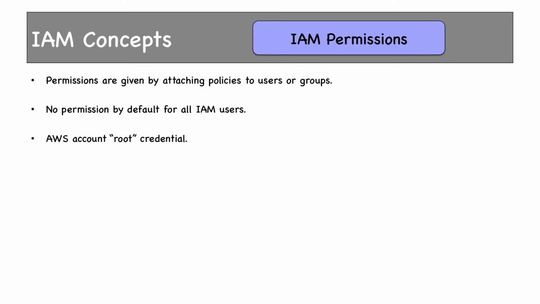We know what AWS account root credential is. Root account is the account which we use to register and create our AWS credentials. Root account has access to do everything in its own account. No additional policies are needed to attach to root account. The policies which you have seen so far would be attached to IAM users and groups only.